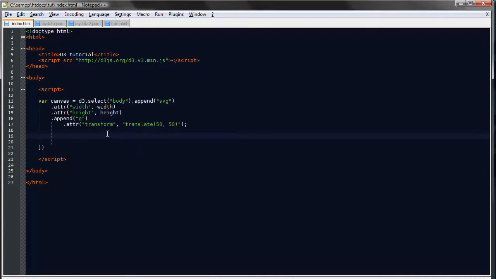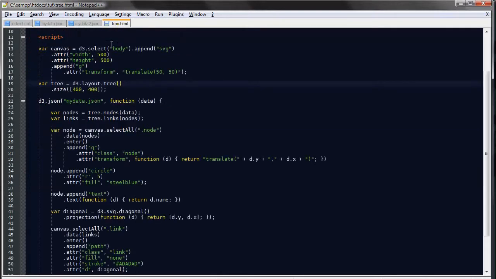The things I want to show you in this video are 3 additional layouts. Those are the cluster layout, the pack layout, and a bubble chart, which is basically a pack layout but customized. So first of all, the real quick one I want to show you is if we go back